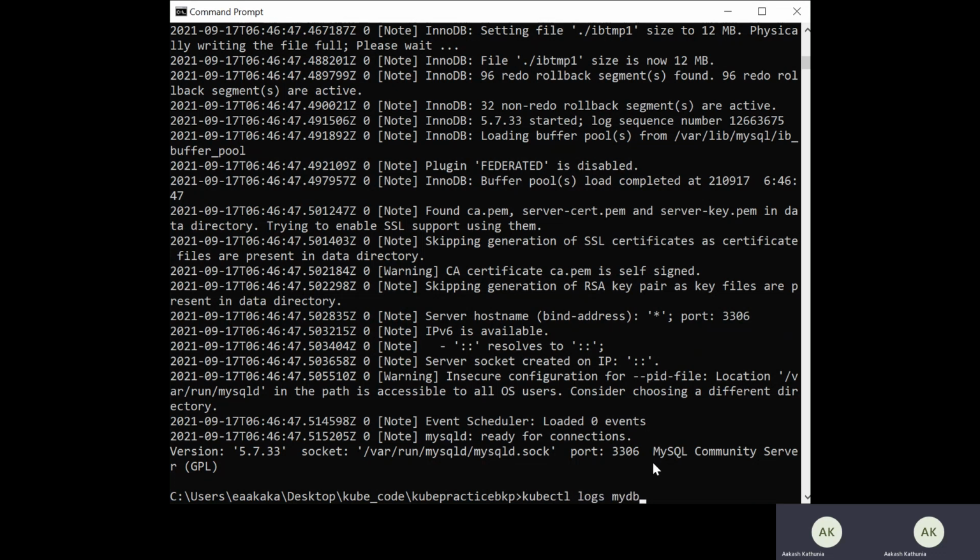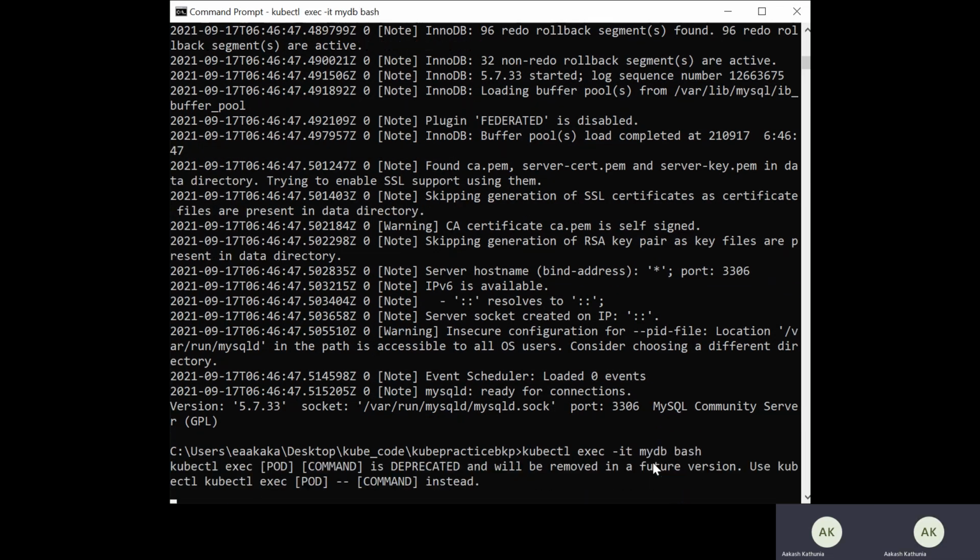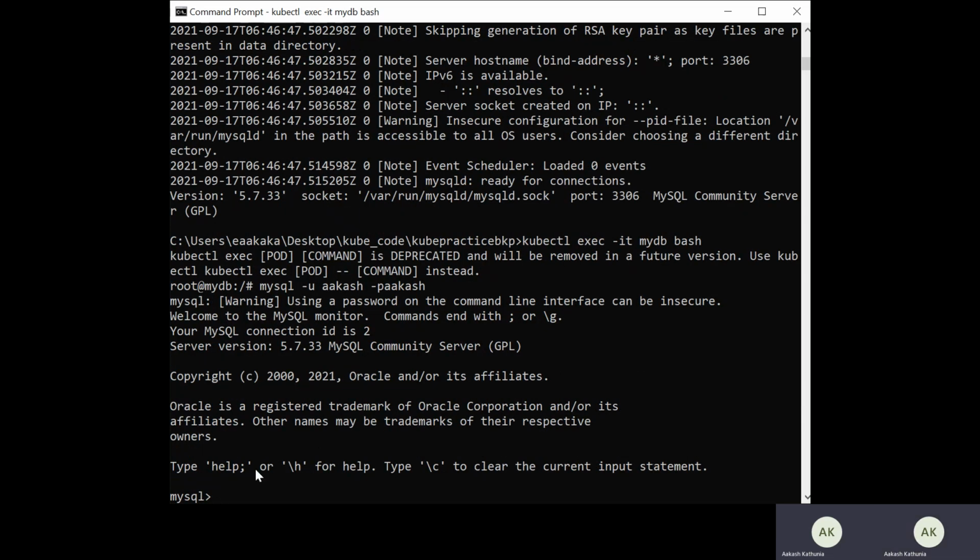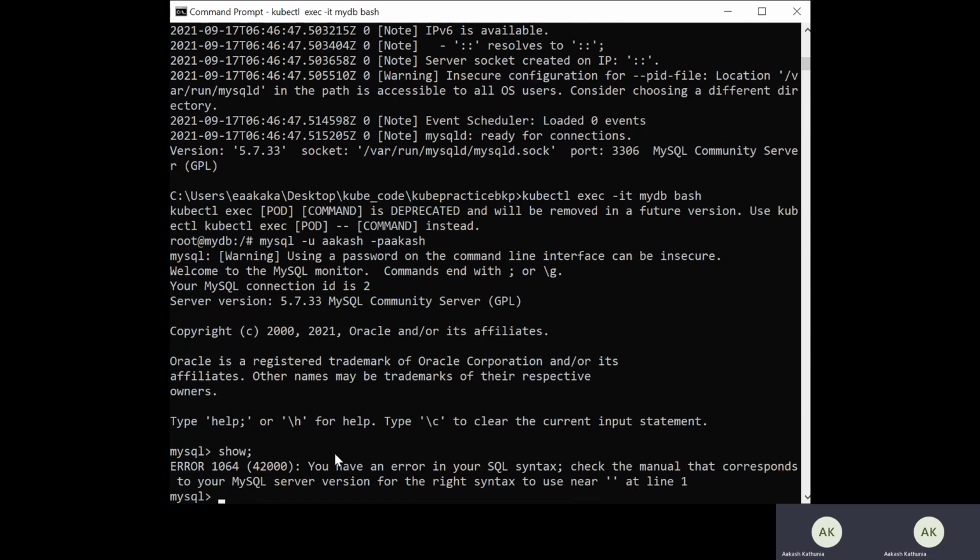Okay, so now what we will do next, we will try to see what is inside this DB. In order to go inside the DB, you already know how we can go: kubectl exec -it mydb bash. Once we enter into the DB, I can use the command mysql -u username and -p my password, and I can enter into the DB, right? If you type something wrong, it shows that you have an error in your SQL syntax, check the manual that corresponds to the MySQL version.